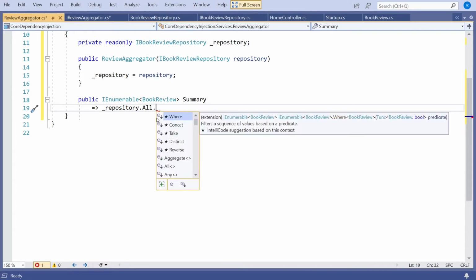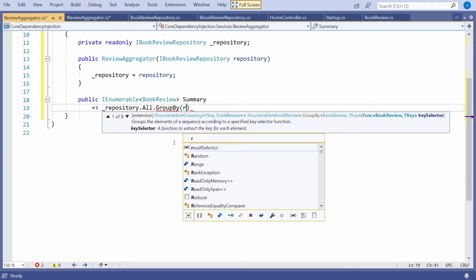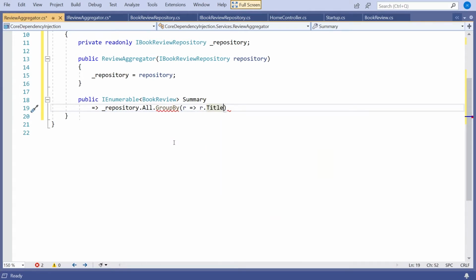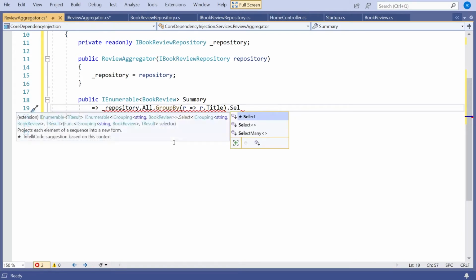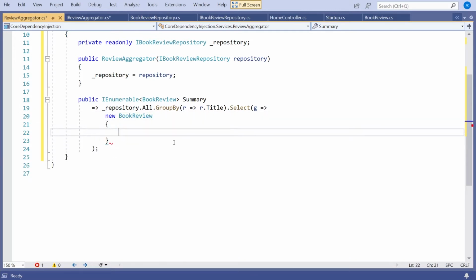And so what I can do, some quite neat LINQ coding here, I'm going to do a GroupBy, so sort it into groups, and those groups are going to be based on the title. So we can say r gives r.Title, so that will break it down into groups. So in our actual data, we had 4 separate titles, though we had several reviews for each one, so it'll have broken it into 4 groups. And then what we can do is get out of that this summary. So I'm going to say Select, another lambda, so g for group gives, and then what I'm going to create here is a new BookReview, so we can use that for the summary information as well as for the individual items.